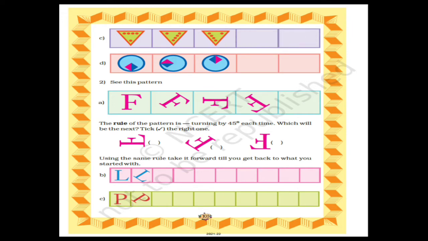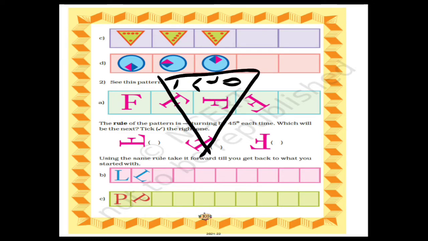So how will you draw? Next, in the fourth box, you will draw a triangle like this. So carefully observe. First you will draw this triangle. Then 4 dots will be on upward side and 1 dot will be at bottom. So this way properly you are going to draw this triangle, this pattern, in the fourth box. Now in the fifth box, that is in the last box, you will again draw this triangle. So this way the pattern will repeat. So I hope this is clear.